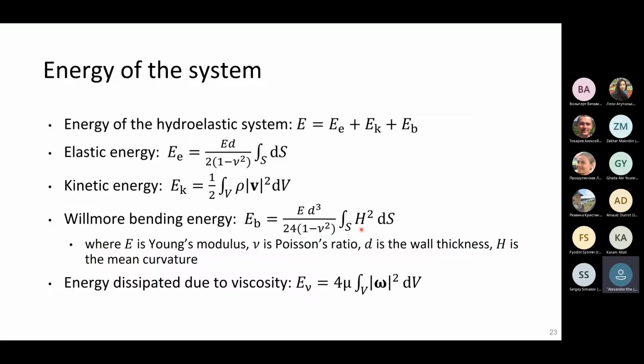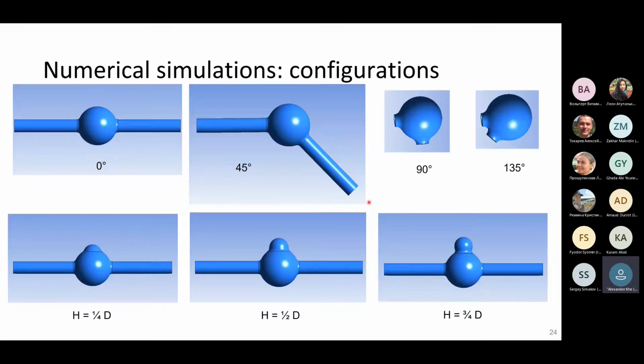which is computed as an integral of the mean curvature of the surface squared. Here, capital E and nu are parameters of the material, and d is the wall thickness. Along with those energies, we computed the dissipation energy of the fluid due to viscosity, omega squared, integrated over the aneurysm volume. We considered several configurations modeling fusiform aneurysms, and the aneurysms were modeled as a sphere, and